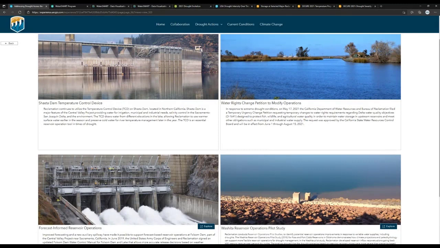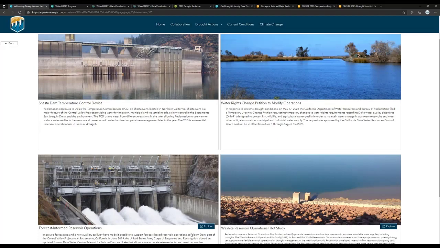We have the Shasta Dam temperature control, a water rights change petition to modify operations, the Washita Reservoir Operations pilot study, and the forecast informed reservoir operations at Folsom.